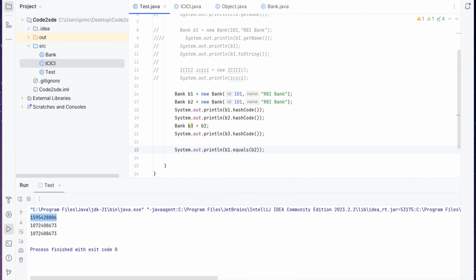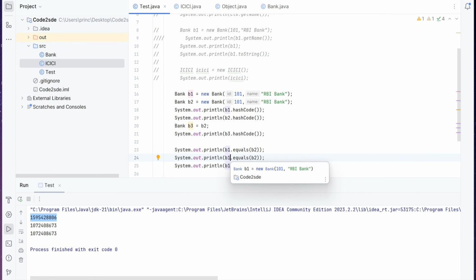This equals method is the equals method of the Object class. Don't get confused with the equals method of the String class. So I will just check all the combinations: b1 equals b2, b1 equals b3, and b2 equals b3.